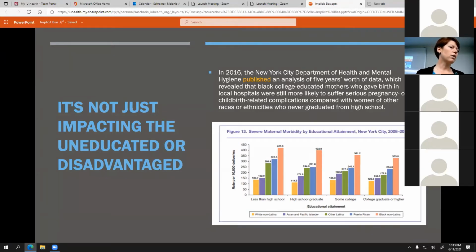This is a New York study. They studied for 4 years and looked at maternal morbidity, and in this one graph, they did a lot of dissecting of their data. But as you can see, Black non-Latina women in every group of education are